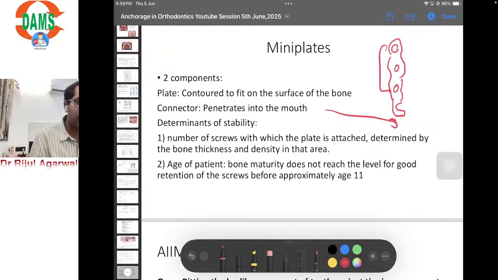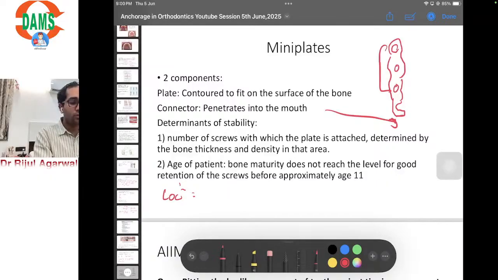So what are the determinants of stability in plates? First is the number of screws with which the plate is attached. Determine the bone thickness and density in that area. Next is the age of the patient. So the bone level or the thickness should have been matured enough for us to have a good retention of the screw, so that approximately 11 years of age is taken before we intend for such treatment. And lastly, the location where we place. It can be in the base of the zygomatic arch in the maxilla, buccal shelf of the bone of the mandible, or anterior surface of the ramus, where the